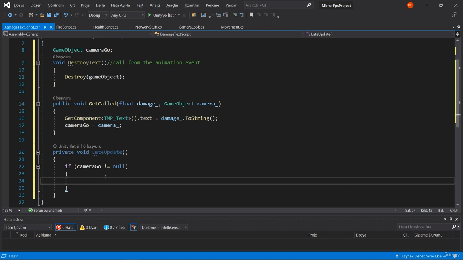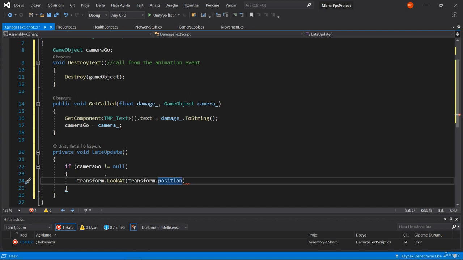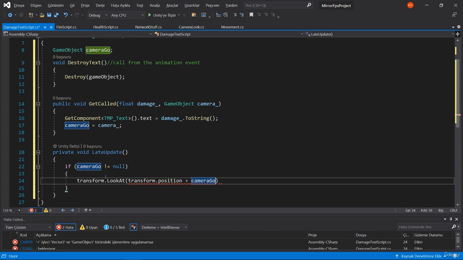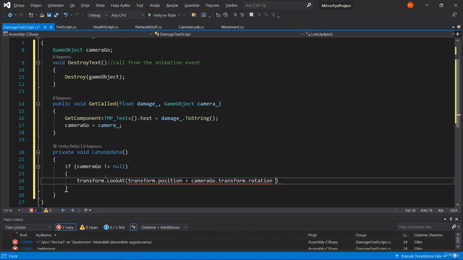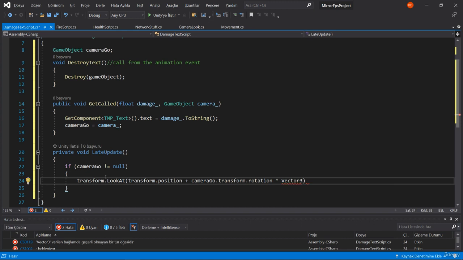We have a function called transform.LookAt. Normally it's not complicated, but we will write a code that is complicated, so it may confuse you. So transform.position plus cameraGO.rotation, transform.rotation multiplied by Vector3.forward,